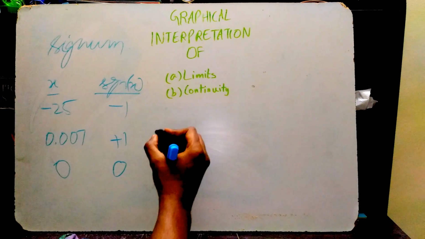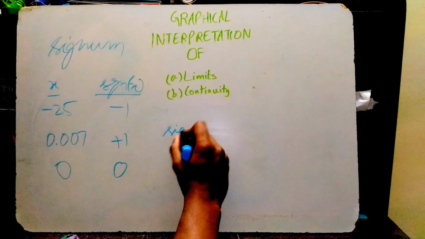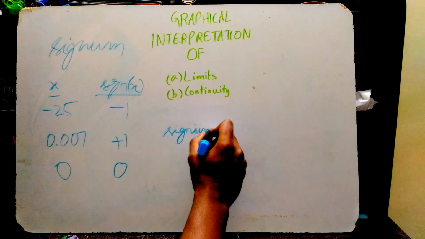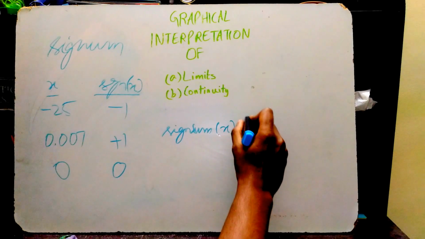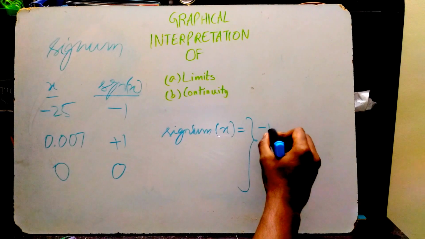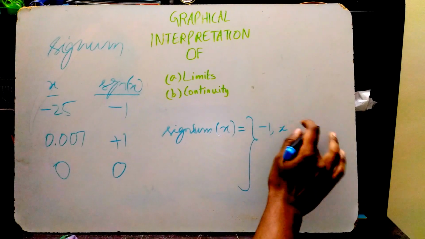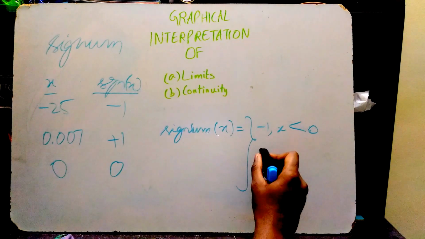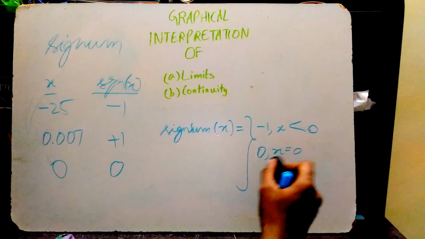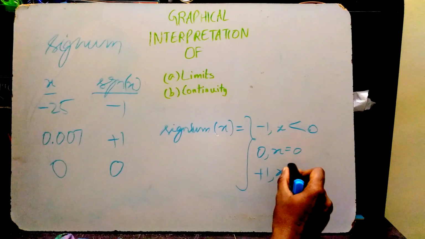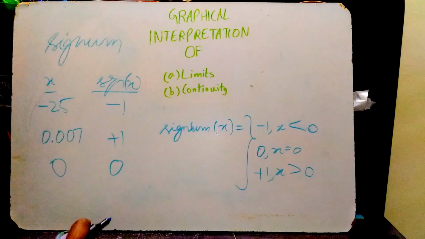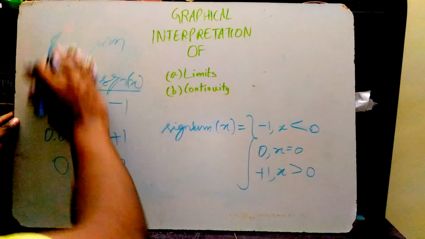So, if we want to define it, signum of x is equal to minus 1 when x is less than 0, 0 when x is equal to 0, and plus 1 when x is greater than 0. Now, if we try to draw this function graphically,